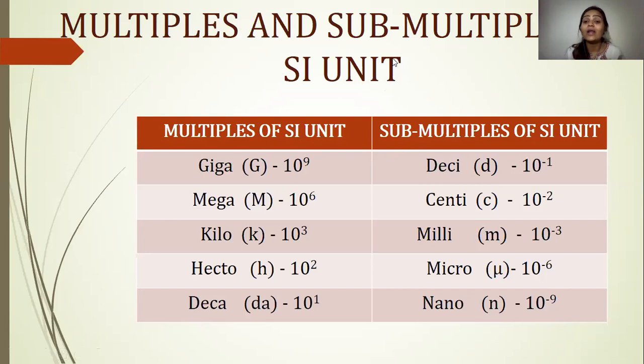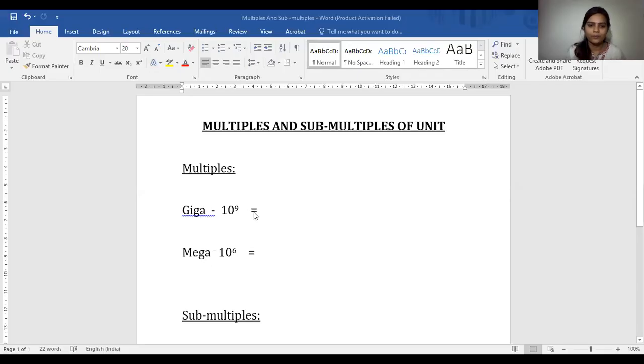Standard form means their original form. If I want to write all the digits, how exactly do they need to be expressed or written? Here I will be sharing a word file with you all and we'll be solving it. Okay, so everyone can see this. I've taken two examples for multiples, that is giga, 10 raised to 9. As I explained just now, this 9, written in the superscript, is called the exponent.